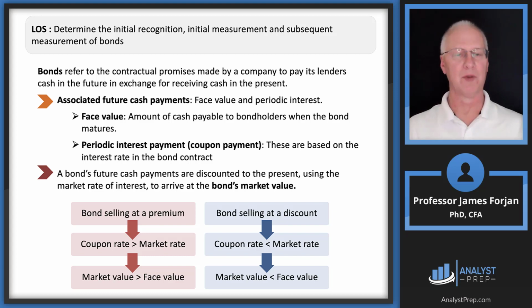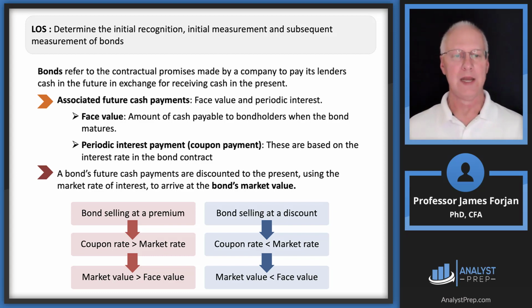And then the promise to pay periodic interest. Now, when we have a fixed income security, we typically don't call it an interest payment. We call it a coupon payment. Now, this is what corporations try to do. They try to pick a coupon payment that is going to match the market rate of interest. We call that the yield to maturity on the bond. I mean, it makes sense that if the market rate of interest right now is 10%, and I'm Jim's company, that I'm going to issue a bond and I'm going to pay a coupon rate of 10%. I want to match the yield to maturity, which is also known as the market rate, with the coupon rate